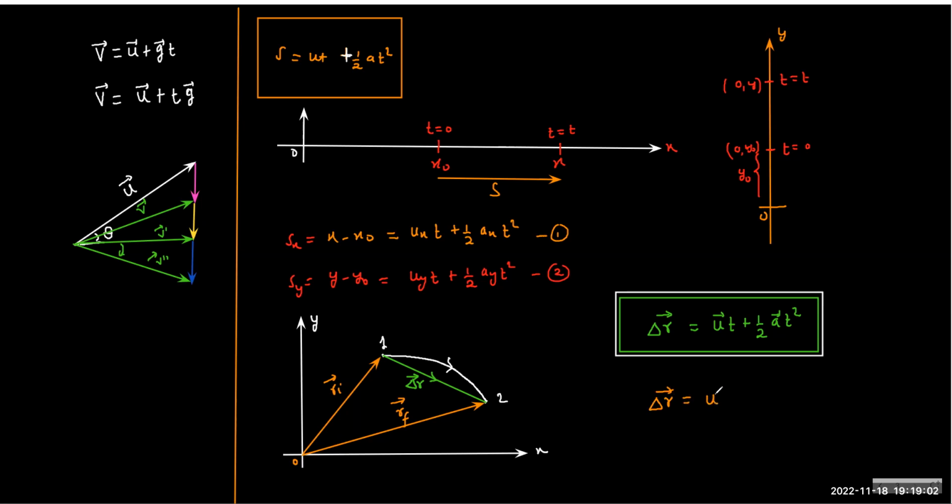So delta R is u vector into t plus, we can replace by g vector into t square. And what you can realize here is that both the vectors are growing in value as time progresses. Do you realize that this will also grow, this will also grow? Yes or no? Yes. So if you draw the triangle using these two vectors,